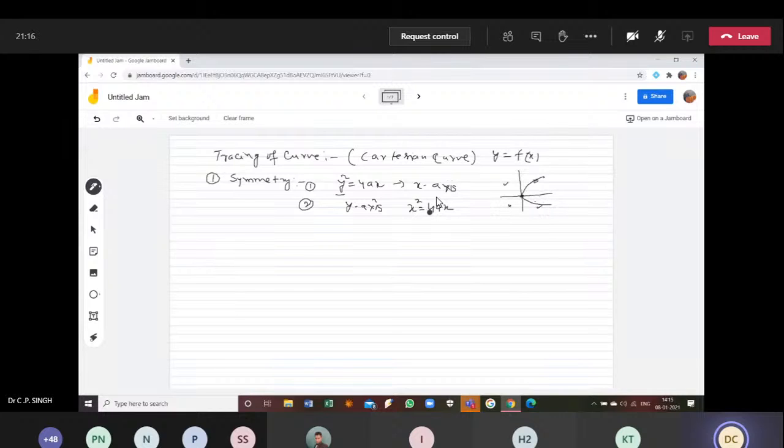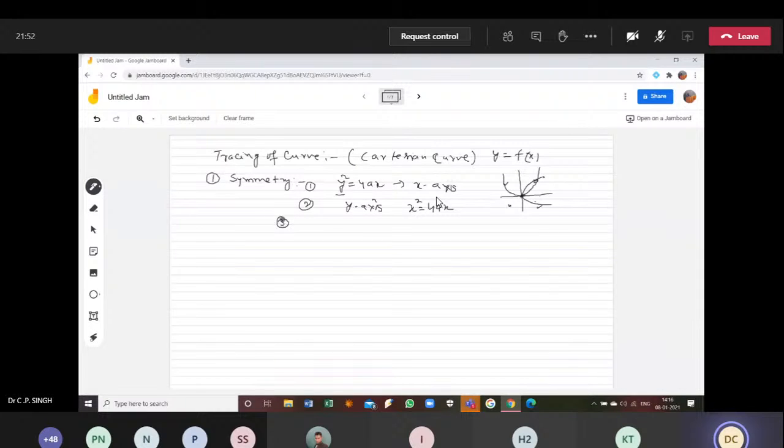And similarly for this one, if it is symmetrical about the y-axis, it means that if there is any curve like this one in this coordinate system, with the y-axis being this one, then it is symmetrical about this y-axis. So there is no need to draw the whole curve from here to here by the rule. Just by seeing the symmetry of the curve, you can draw any curve in one coordinate system only, and then a similar curve you can draw in the other coordinate.